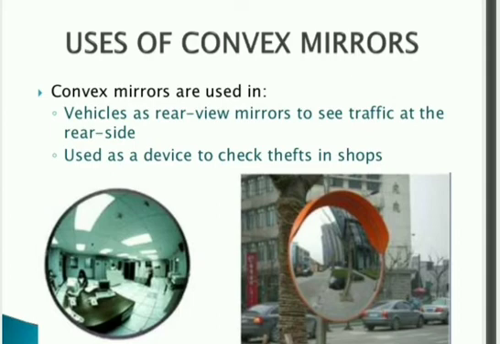You can see that big vehicles can be easily reflected on this convex mirror. So if we want to see a high or large building or anything focused in one mirror, the mirror used is convex mirror. Then it is used for the device to check the thief in the shop also. If we are not able to see each and every corner of a shop or road, then this type of mirror is used so that maximum area can be covered. Therefore such types of mirrors are called rear view mirrors.